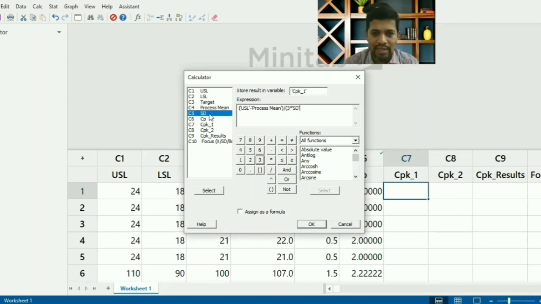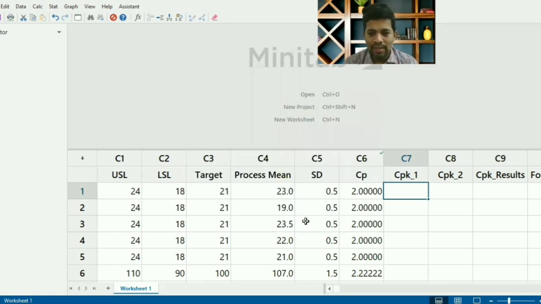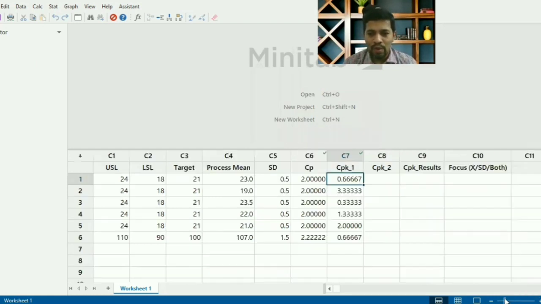So open and close bracket. I'm going to assign this as a formula. See how quickly it got assigned. This also has the formula, and now all these CPK values are identified.